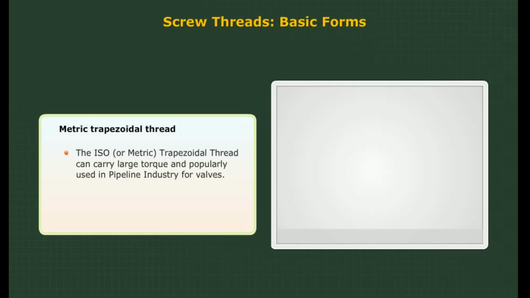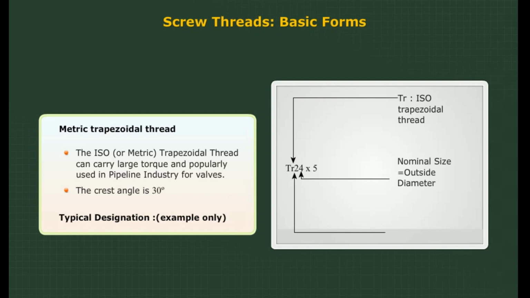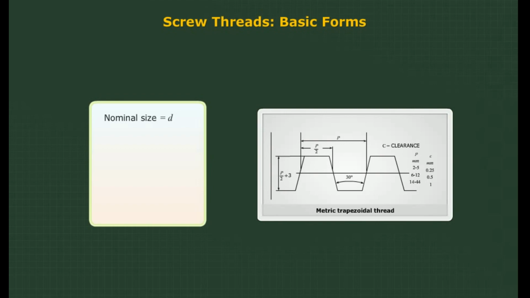Metric trapezoidal thread. The ISO or metric trapezoidal thread can carry large torque and popularly used in pipeline industry for valves. The crest angle is 30 degrees. For example, the typical designation is given by some dimensions are given as